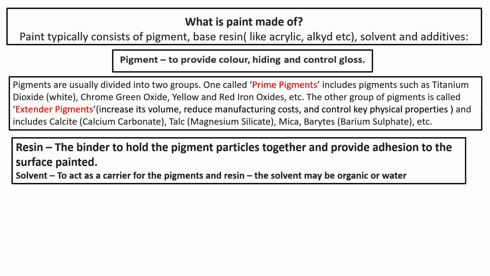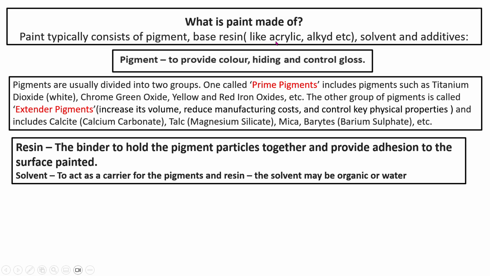It is an activity that every industry has to do to protect its structures, equipment, pipelines, and buildings from external corrosion. So before discussing different types of paint and their properties, I want to first discuss what the paint is made of. Normally, paint consists of pigment, base resin,